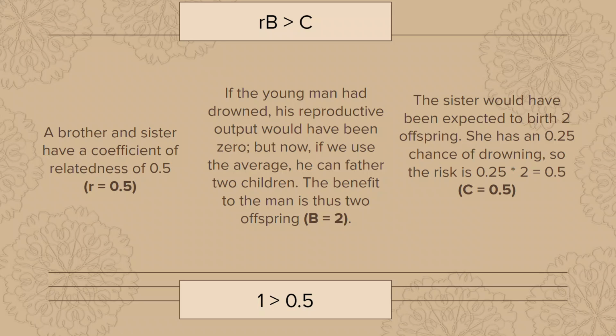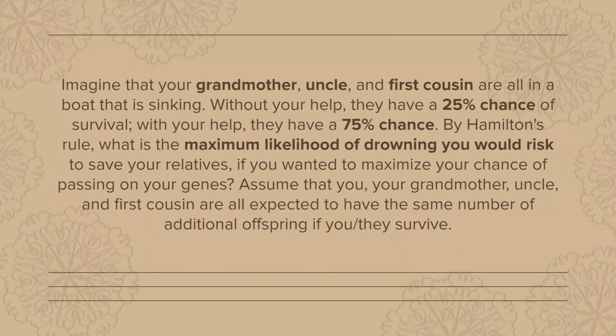In other words, Hamilton's rule tells us that this altruistic act is worth it. In other words, it is not necessarily altruistic because in our definition of the word, it's not used to define things that are done for benefits. In this case, we can see that truly the sister does stand to benefit from this action. But the biological definition of altruism is different from how we use it today, so I will ignore that and move on to our second problem.